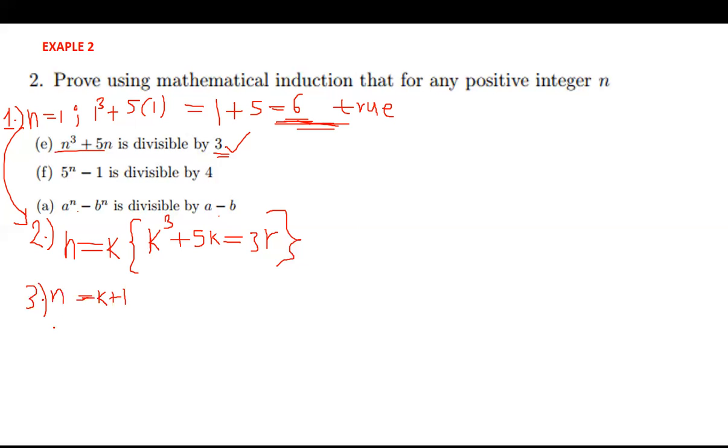So I'm going to say k plus 1 to the power 3 plus 5 times k plus 1, like that. This is equal to,